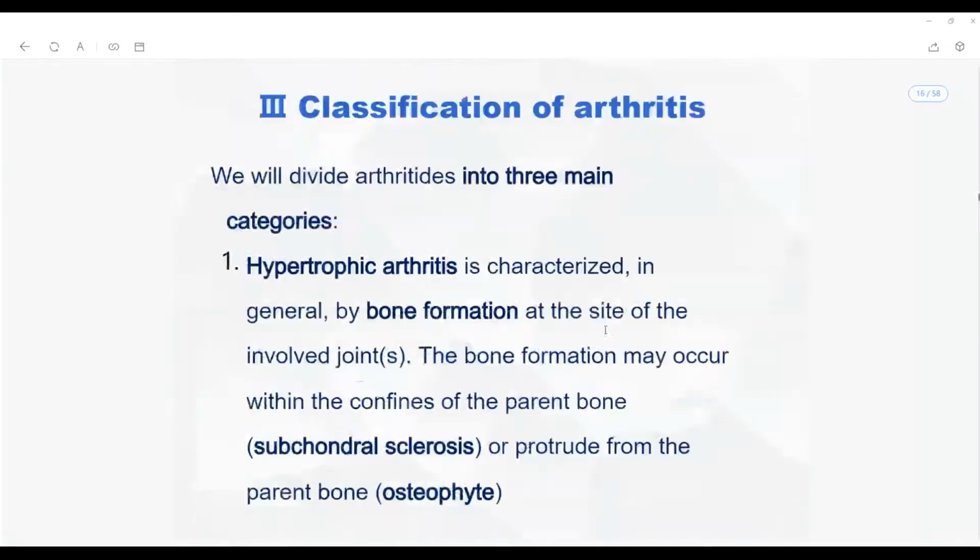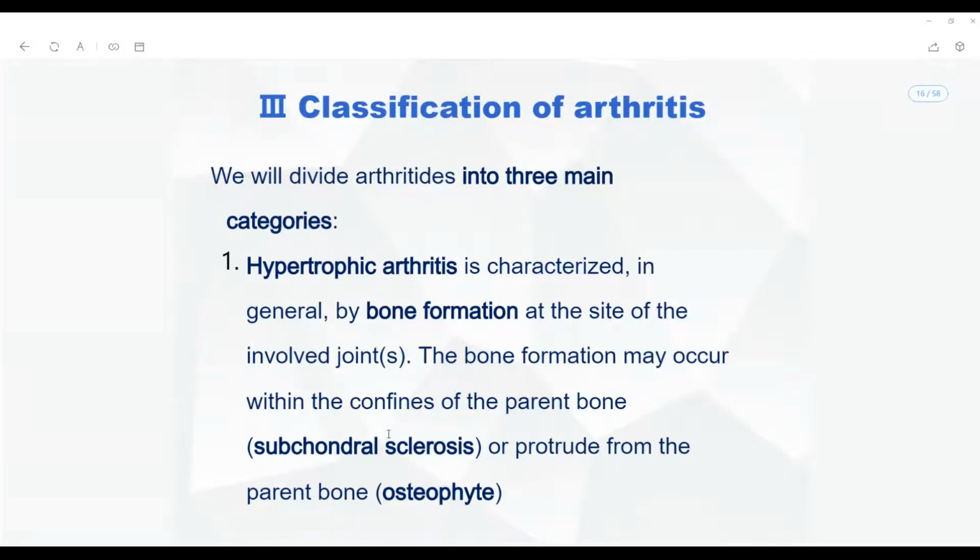Okay. Then first we are going to talk about the main classification of arthritis. Arthritis can be divided into three main categories, out of which the first one we are going to talk about is hypertrophic arthritis. Hypertrophic arthritis is characterized by bone formation at the site of involved joints, and that bone formation